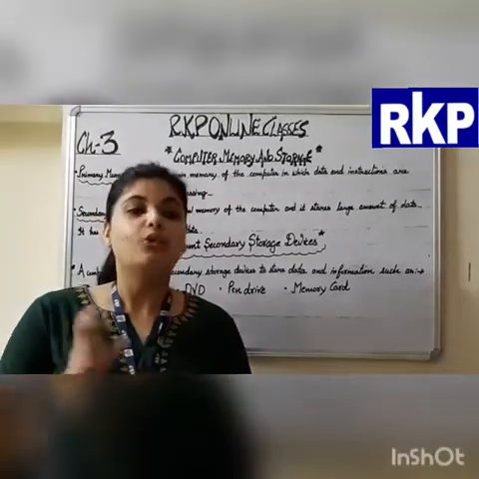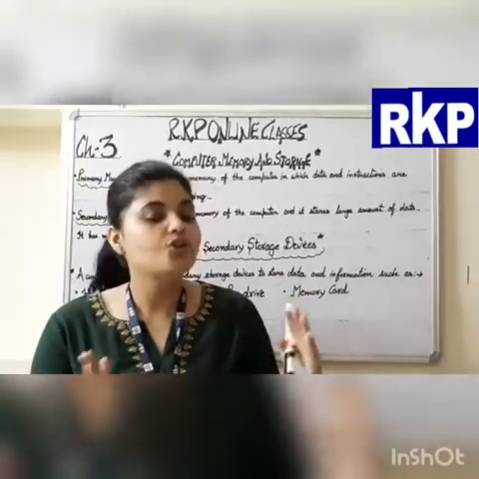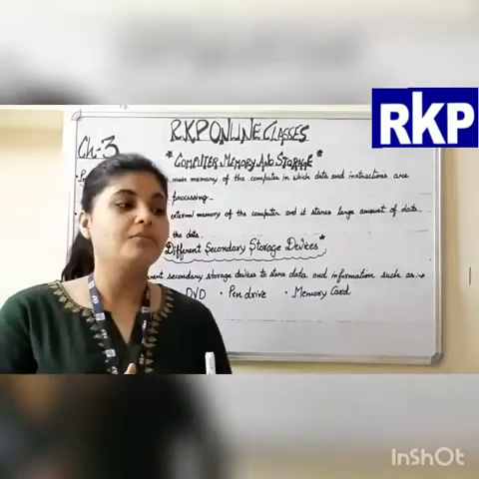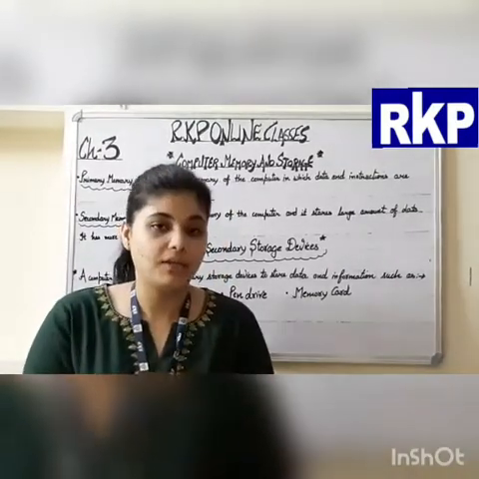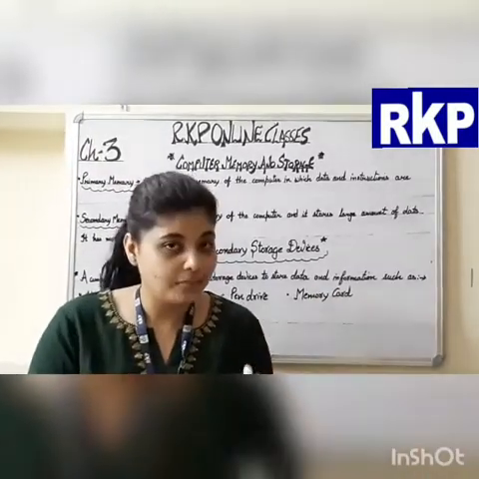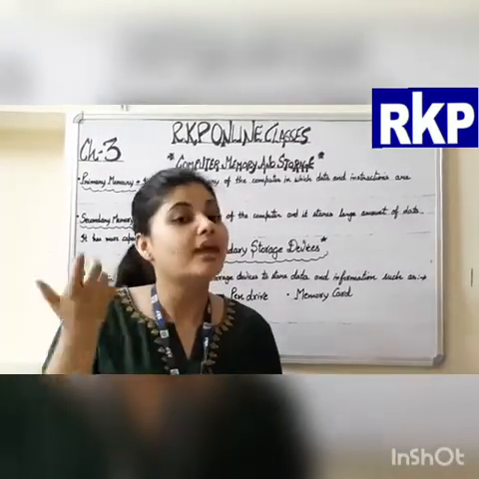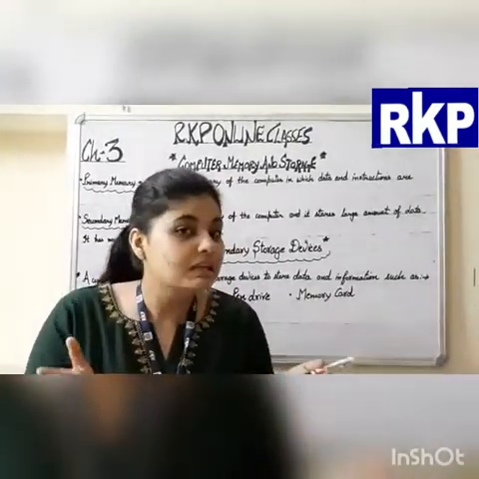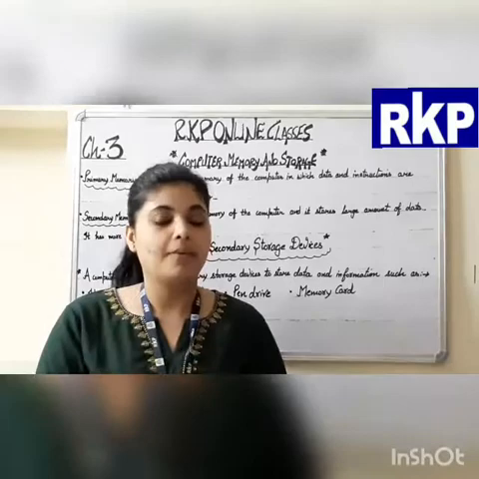What is volatile? Volatile means this requires continuous flow of electricity, a continuous power supply, in order to retain the data. That is RAM. That means it's a temporary memory. But students, both RAM and ROM are short-term memory. That means they can store the data for a shorter period of time. And RAM is a temporary memory. That means if the power supply goes off, the data gets erased. It needs continuous flow of electricity in order to save and retain the data.